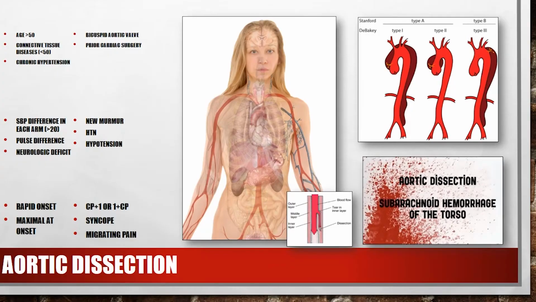Now, an aortic aneurysm can then result in an aortic dissection. This can occur without an aortic aneurysm, but it usually comes from an aortic aneurysm first. We talked about the law of Laplace. We talked about rupture of fibers under tension. What can happen is that under enough tension, you can rip a tear in the aorta. Remember, this is a pressure vessel. It's under extremely high pressure, charged by the heart.